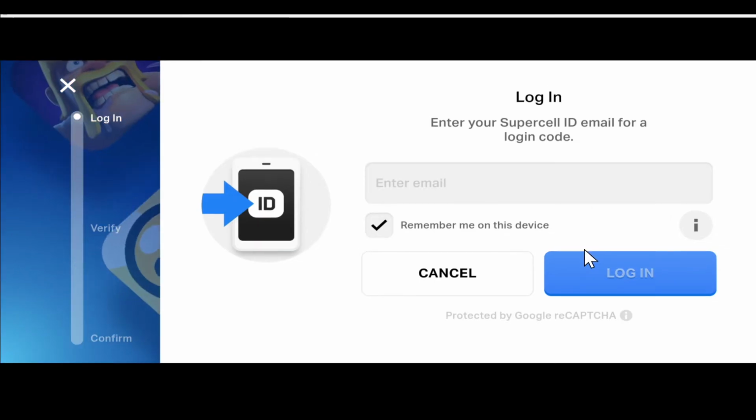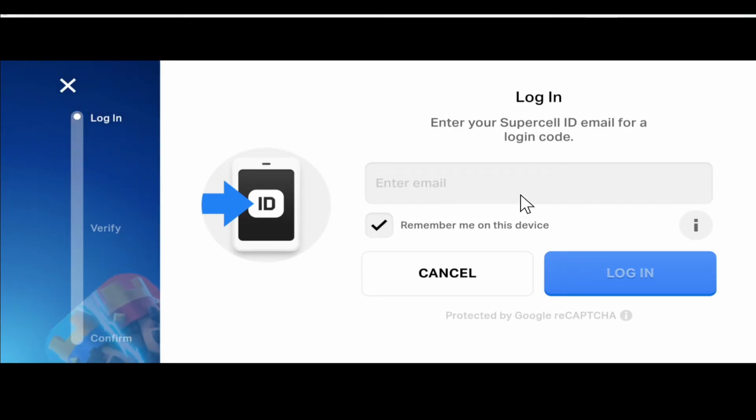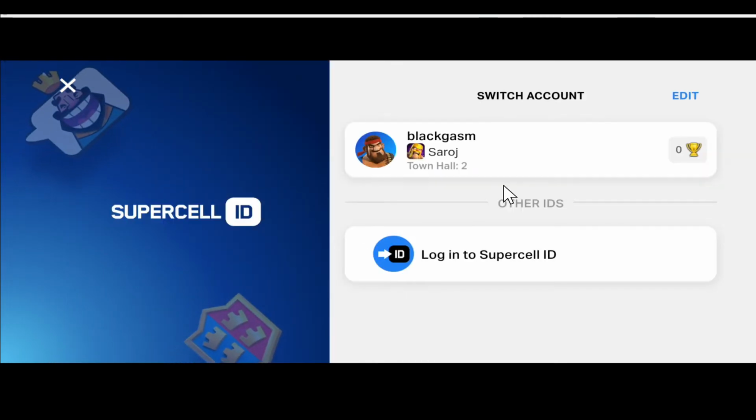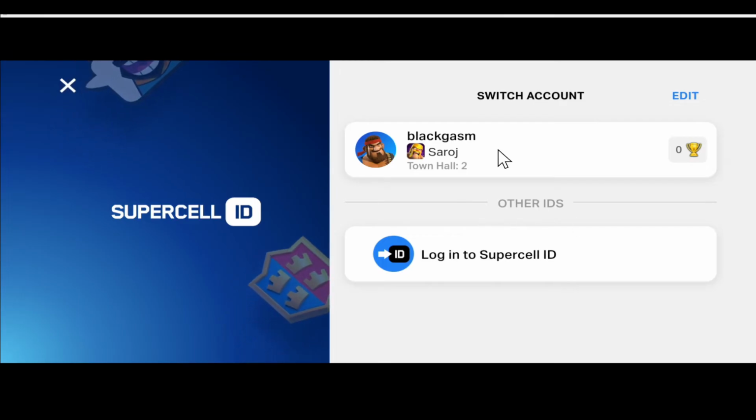login button, and you will then be asked to enter the verification code that has been sent to your email address. So just check your inbox and you will find this code within. After typing in this code within the next screen and proceeding forward, your other account will be added within the